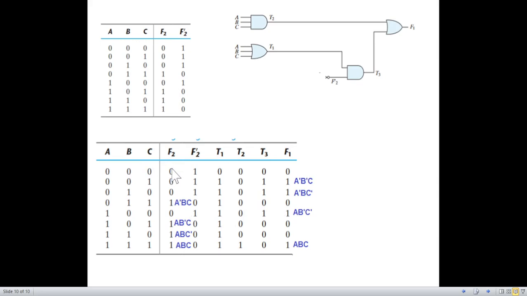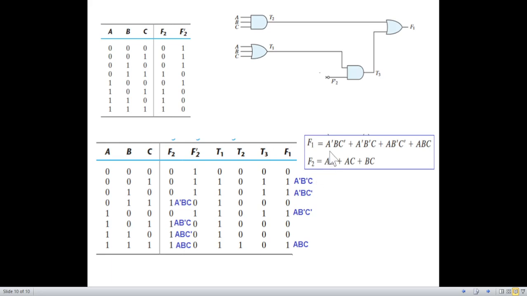So for F2, we can check where it is 1. A has to be dash, and then these two without dash. So A dash, B, C. Here it is A, B dash, C, A, B, C dash, and A, B, C. Okay, now let's check with the equation that we already derived in the previous slide. F1, this was the value of F1 we got, and this is the value of F2 we got. So our F1 is the same,